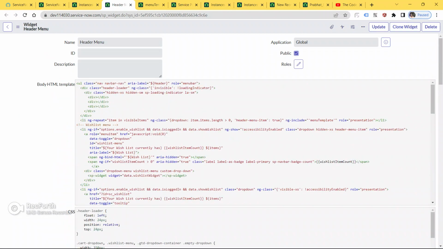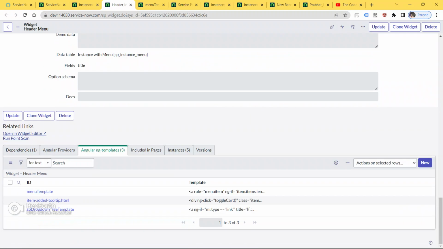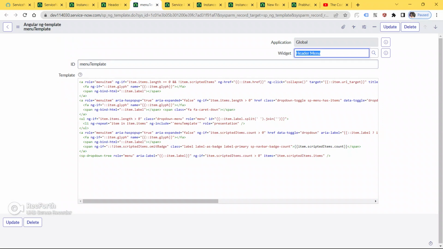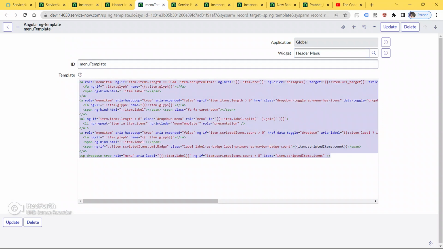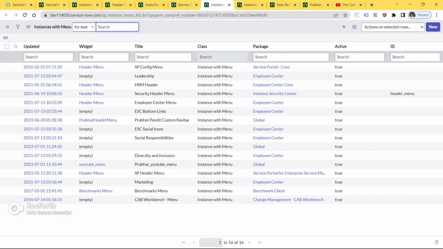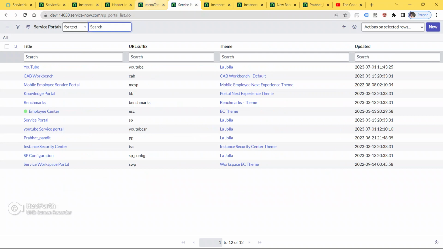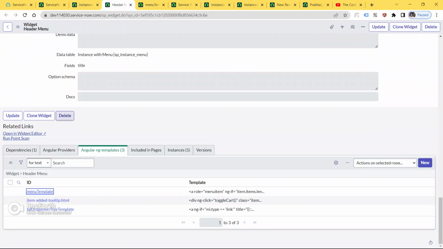What I did, guys, is go down inside the header menu, click on the tab Angular ng template, click on the menu template, and copy this code. Then we have to go to our menu we just created.